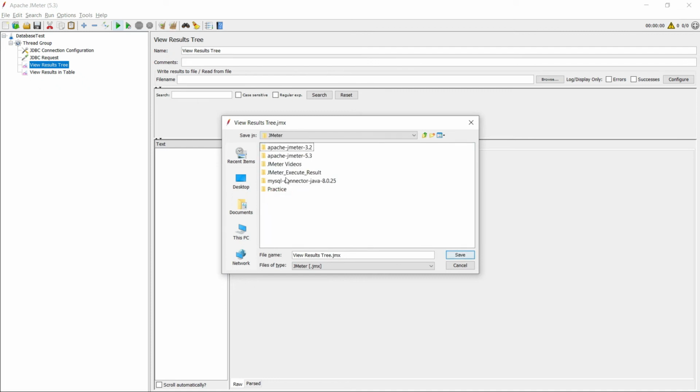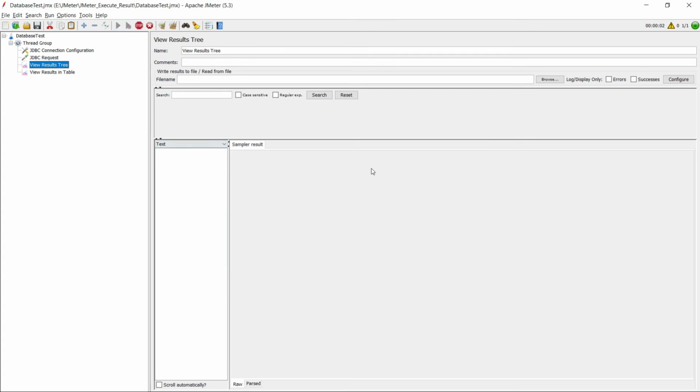In my JMeter I have created one folder, JMeter executed result, and here I will provide the name, database test, and I will save this.